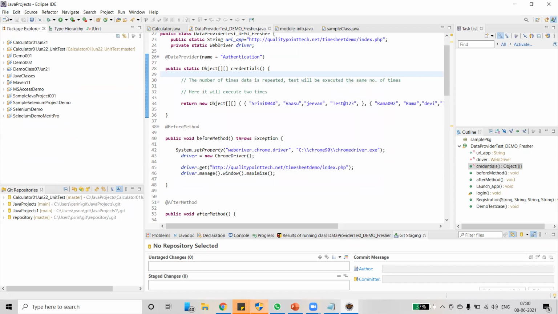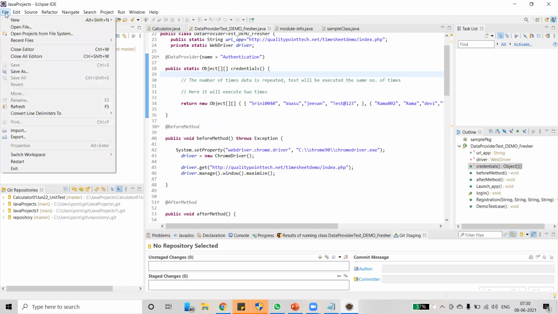Let's now see. I just want to explain that there are so many components under the JDE because Java is an ocean. So many technologies we can develop using Java. We can develop applications on mobile. We can develop applications on embedded systems. We can develop applications for APIs like web services and so on. But we are not going to touch all those things. We can't learn them all either. Since we are focusing on testing, I'm just going to explain the wizards or menus which are required for creating Java programs in Eclipse.